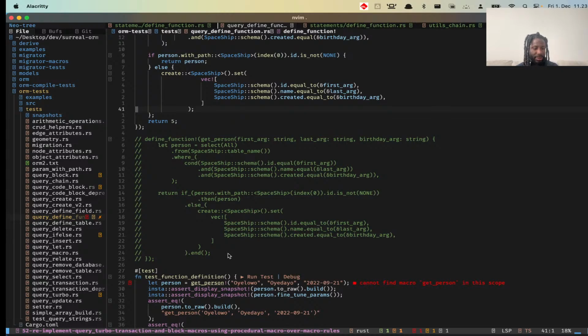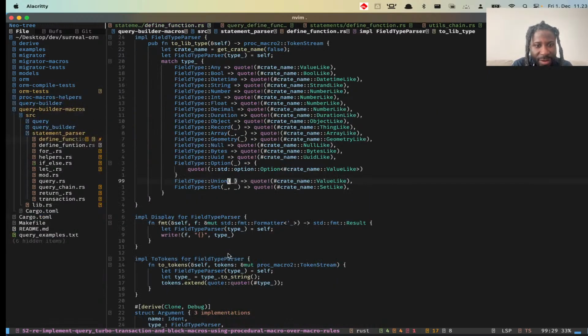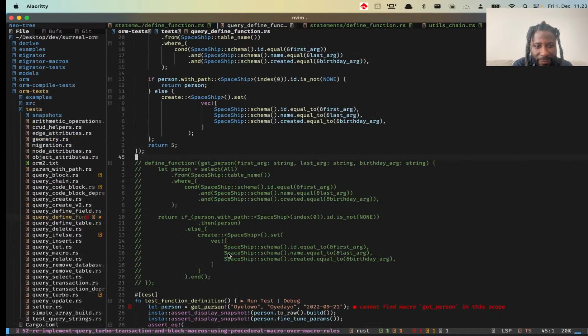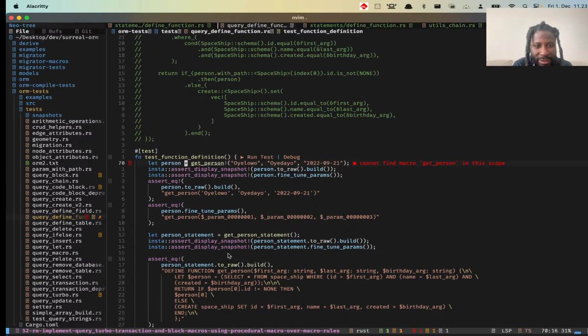So what we're gonna do now is try to create the respective macro. Rather than using a function, we could actually return, instead of, for example, get person, just return a function. But because of the way I'm mostly using this within the code base, right, my functions, let's see